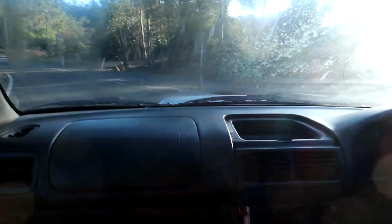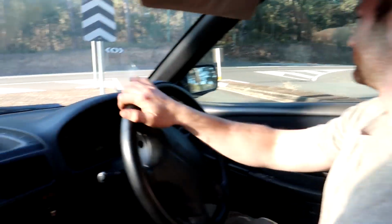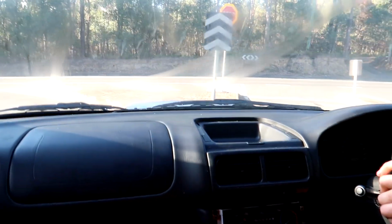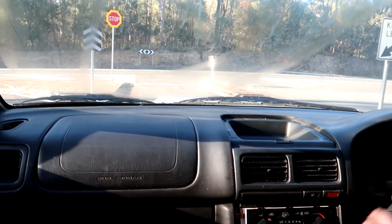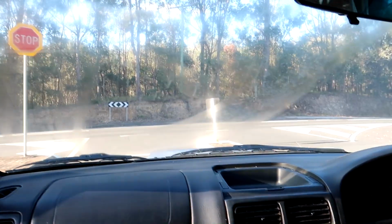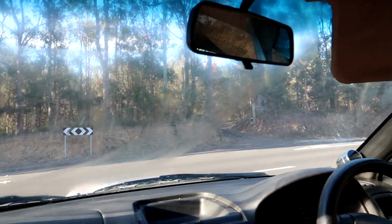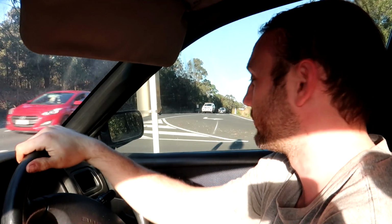I've got a list of a couple of things that I need to do on it. Brakes work, which is nice. There's really good visibility, like you can see out of the car really well. Yeah, the A-pillar's long in the way too. We've got all drive, so with all drive you've got to be careful how fast you go around corners, because mate,